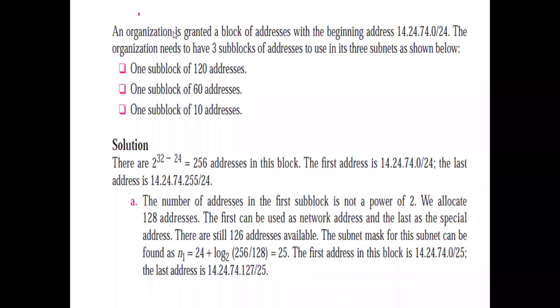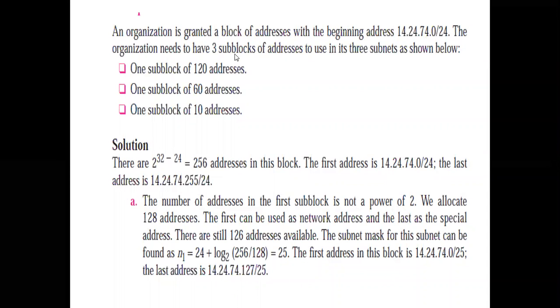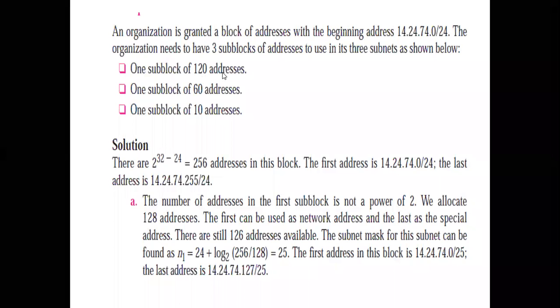One of the companies has been granted this block of IP addresses, and they have to set up their network from this particular address. They have to divide this network into 3 departments, 3 sub-blocks, where one department will carry 128 machines, another department will carry 60 machines, and the other department will